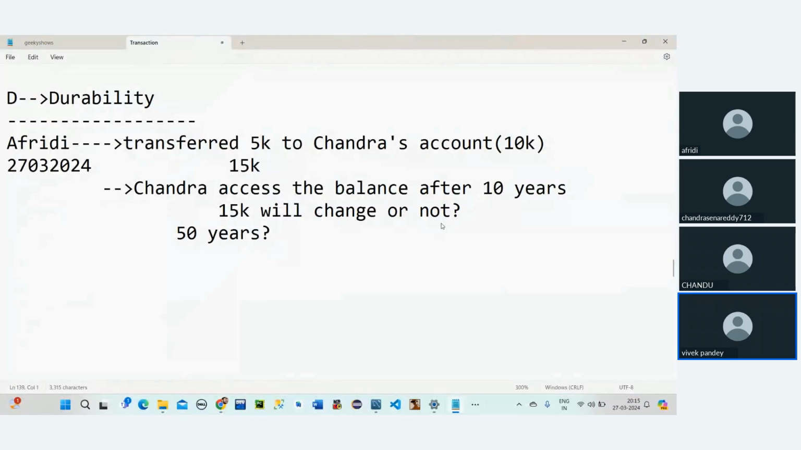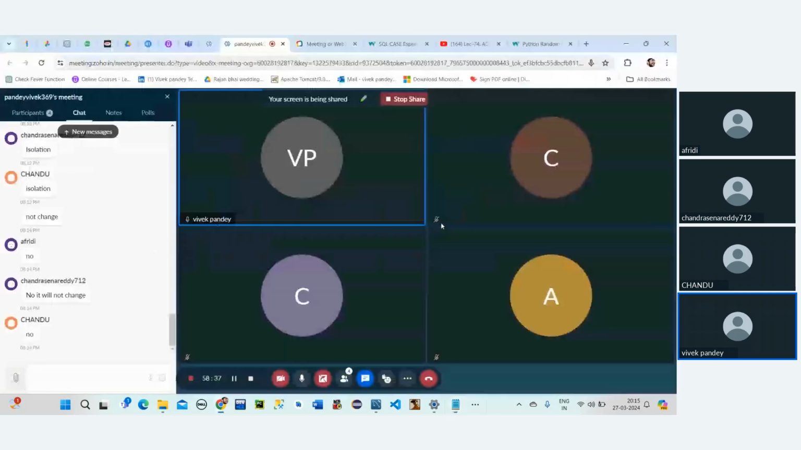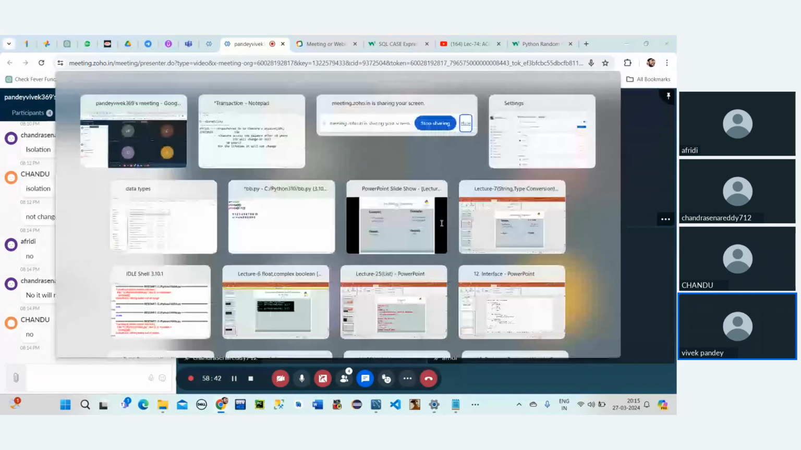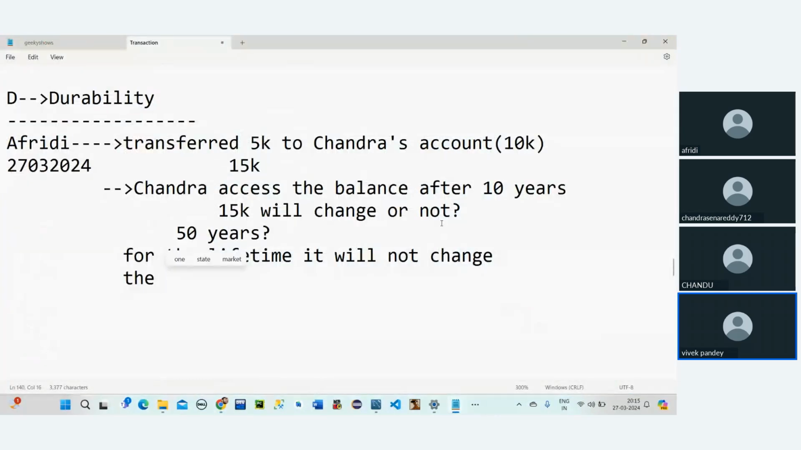It means what? For the lifetime, it will not change. Why will it not change, guys? Can you tell me why it will not change? What is the main intention why it will not change? Because the